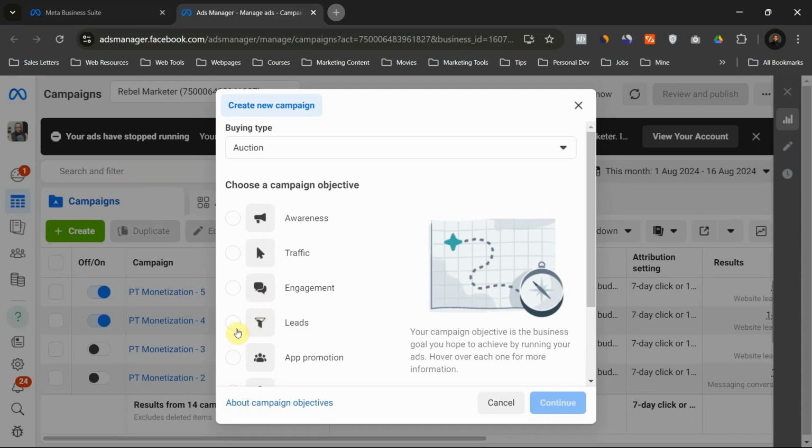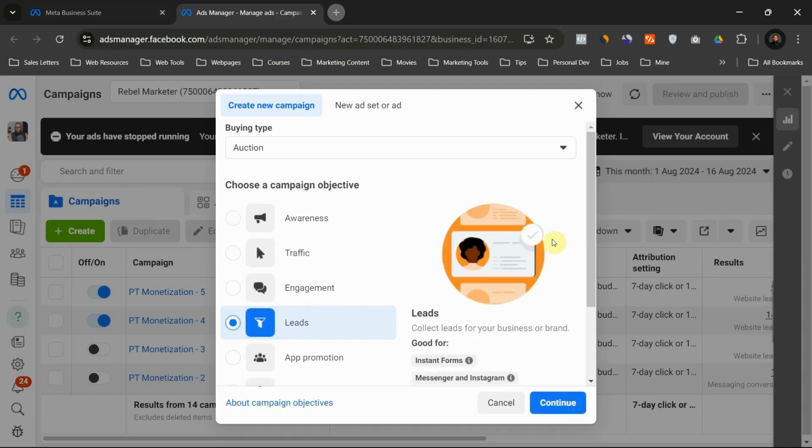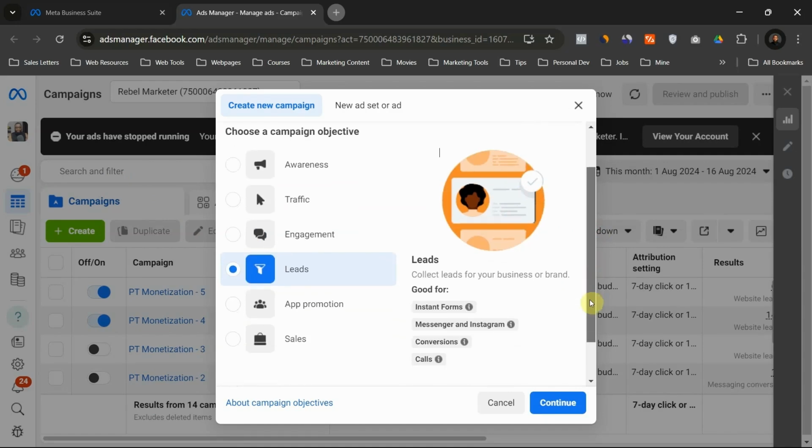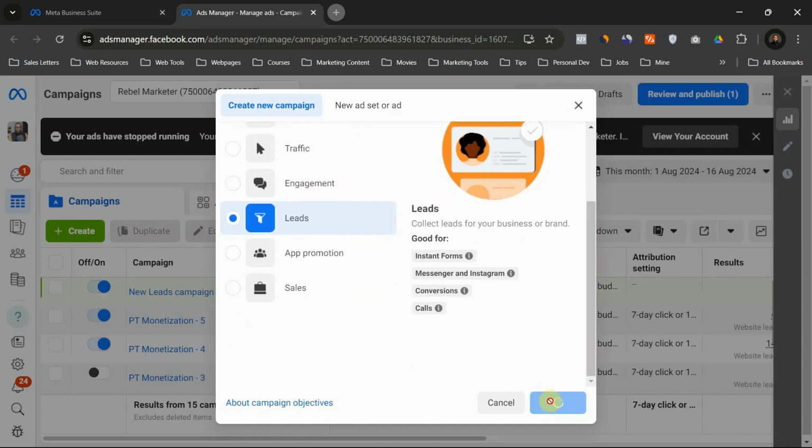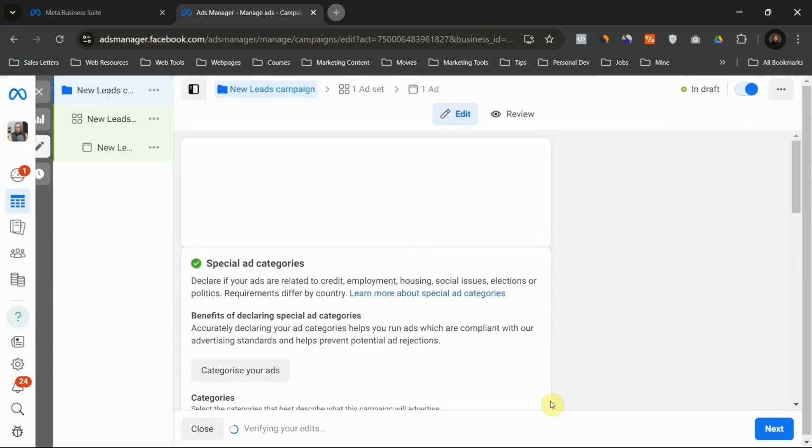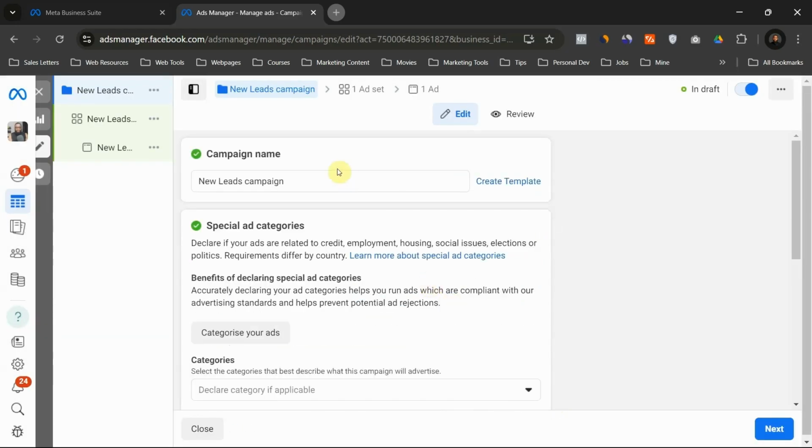I'm running a lead generation campaign, so I'm going to click on leads, click on continue, name your campaign, candle class.